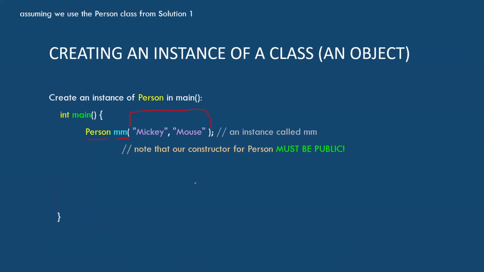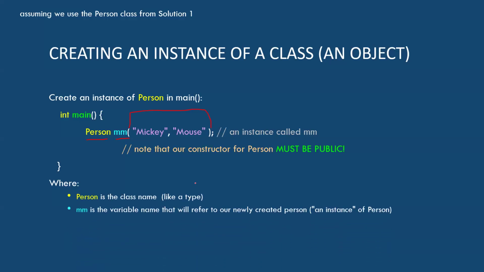So back over to here, right? And so that's us creating an instance, not a pointer, but an instance, by calling the public constructor, okay? And if we don't put the constructor in the public area, that will fail and nothing will really work for us. But person is like the type. Really, it's like a type, but it's really a class. And we sort of look like we're creating int x, but it's just person and then our constructor arguments, okay?